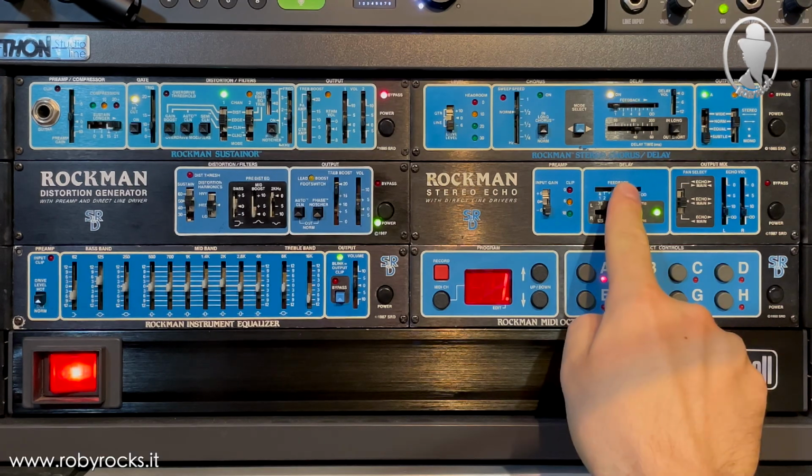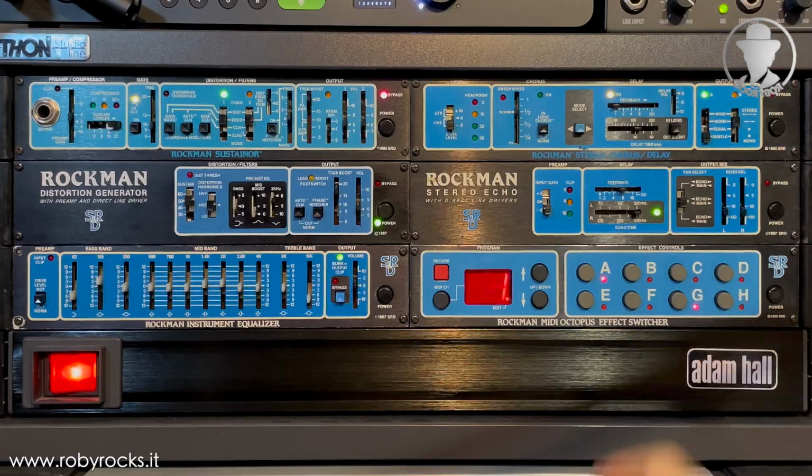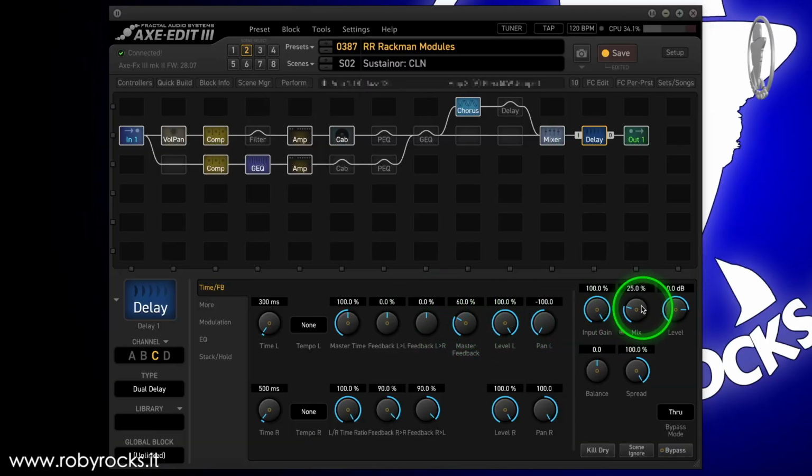Finally, we can adjust the feedback controls and volume controls simply by acting on master feedback and mix.